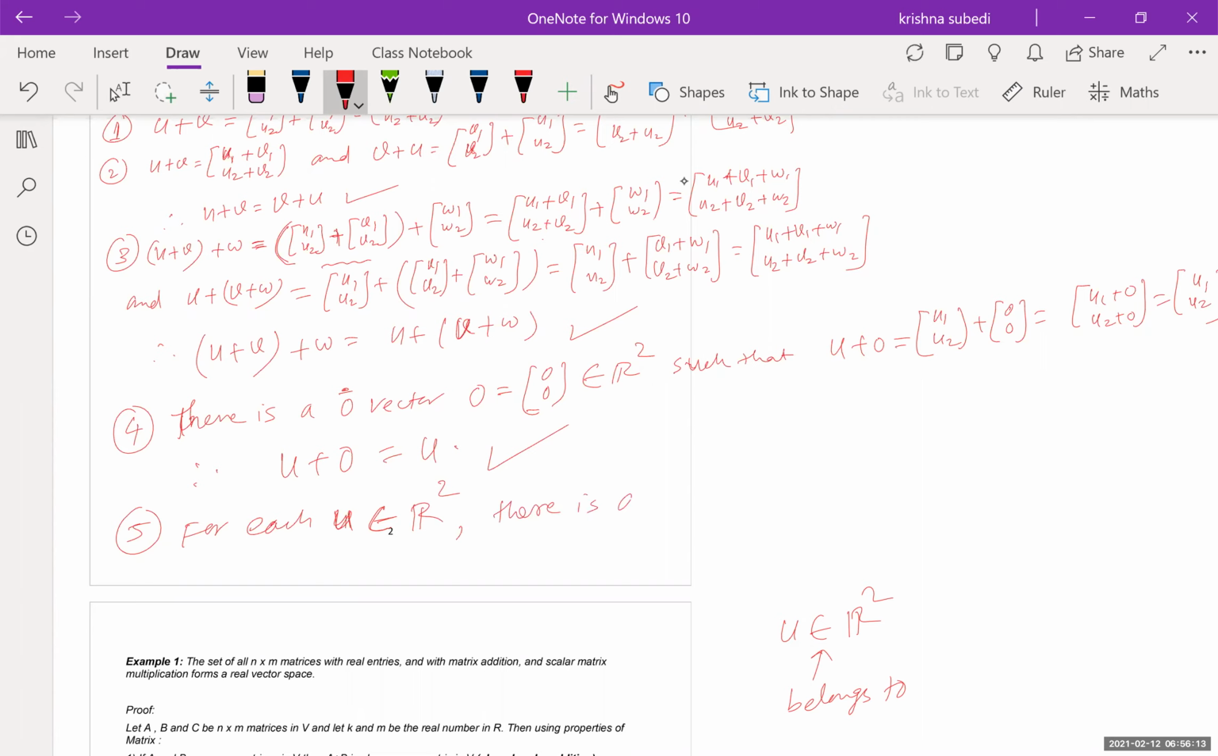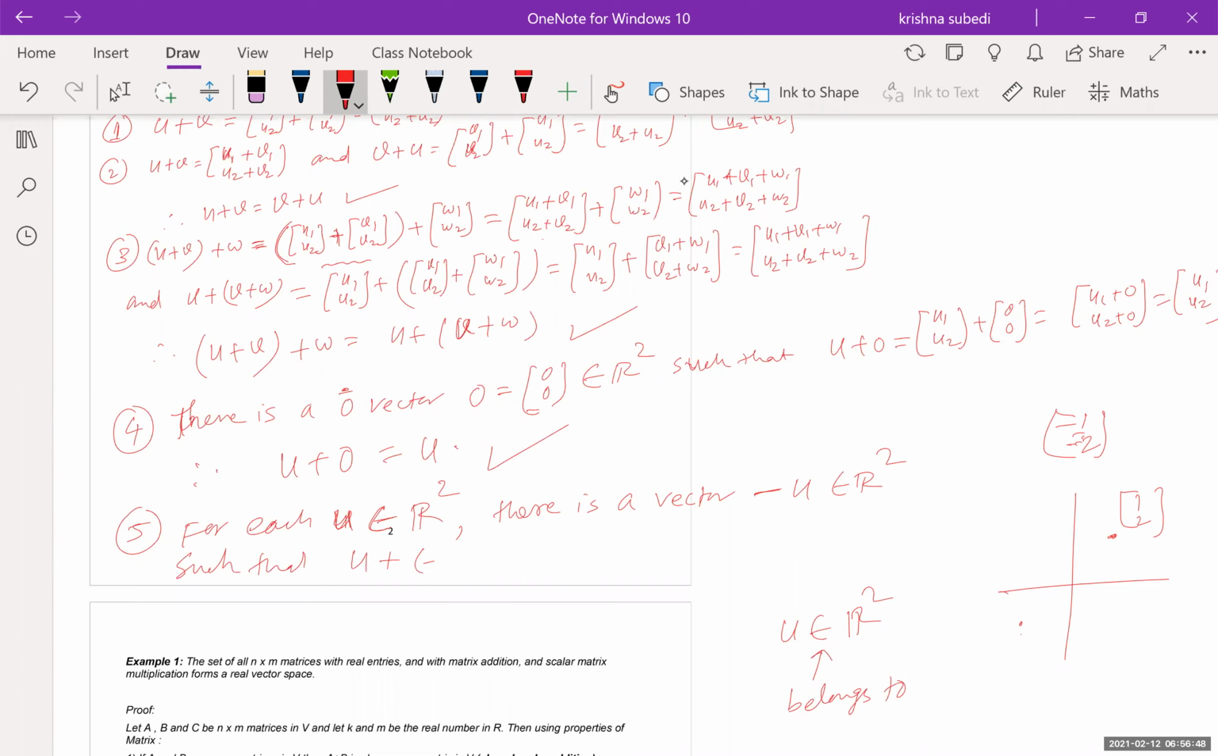there is a vector negative u in R2, because you see, if there is this point 1 2, then there is another point which is -1 and -2, right? So -1 and -2 must be there somewhere here. So that's the point. So -2 also belongs to R2. There is a vector negative u in R2 such that